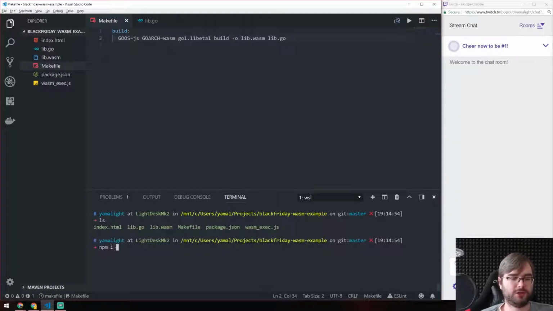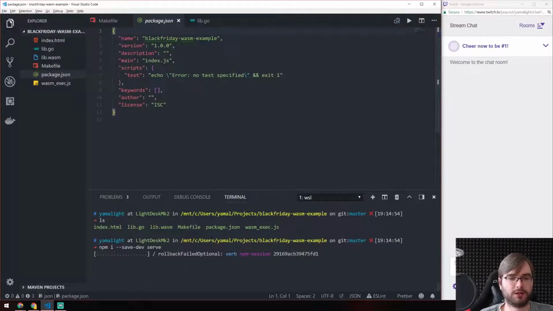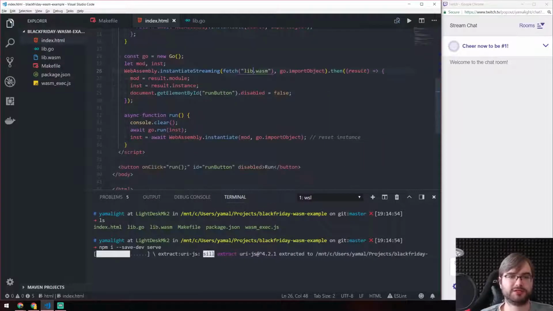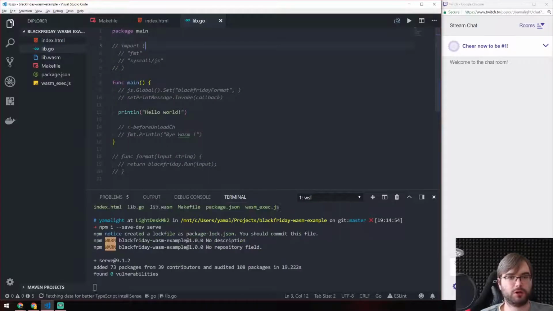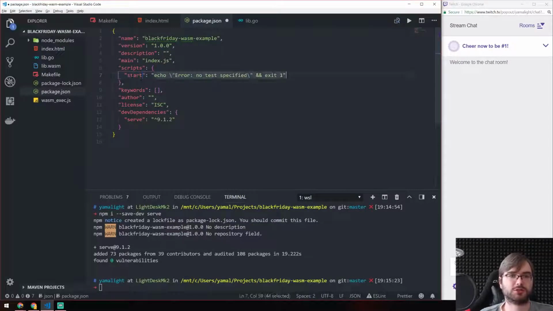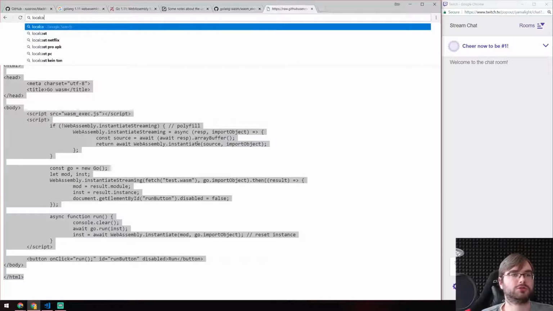And then I'm gonna do npm install --save-dev serve, and we're gonna use serve as the start command on npm. So theoretically, if we serve this now, we actually probably need to, yes, change this test.wasm to lib.wasm. And that should theoretically output our hello world in the console. So let's see if that actually works. We're just gonna say serve, and that's it, right? So npm start. And we got our server at localhost